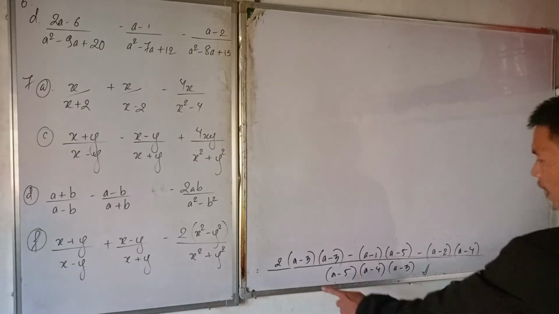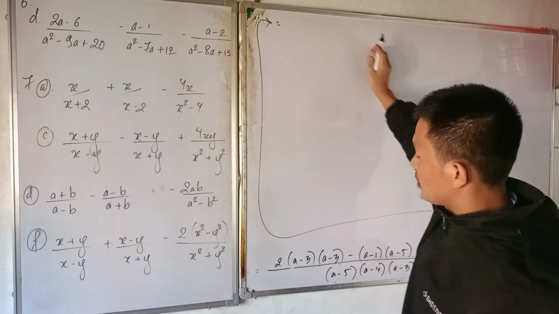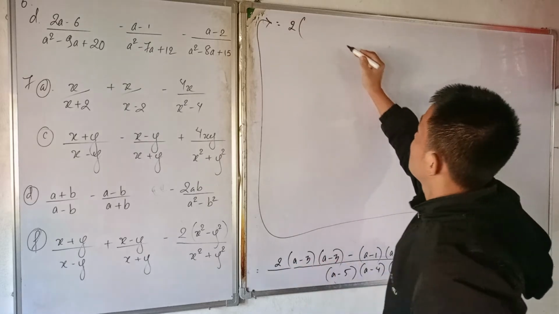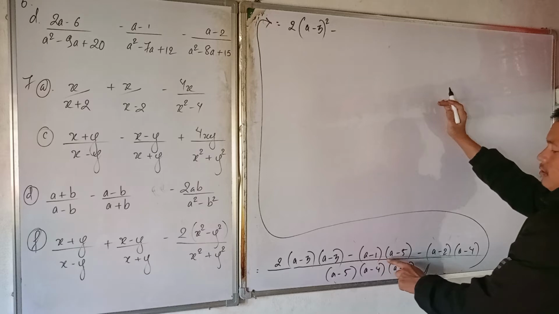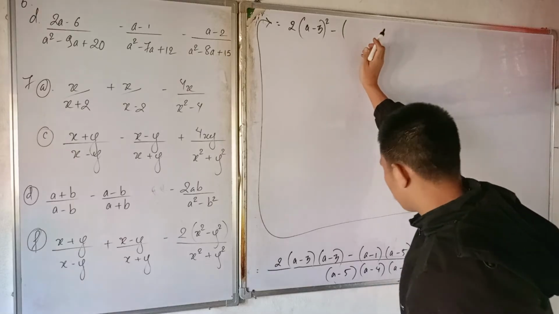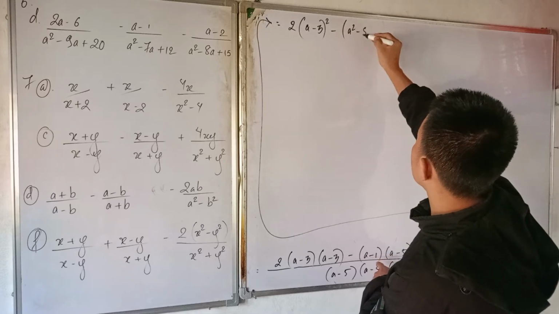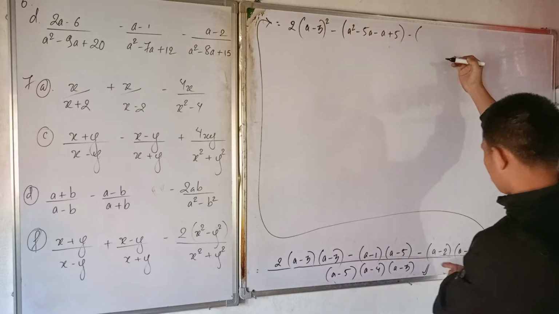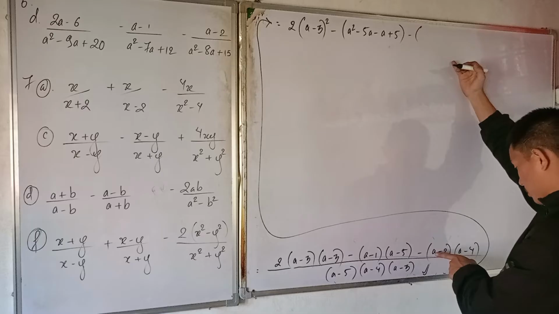So after this step, this will be our step. Now you just write 2 here. So a minus 3, a minus 3 can be written as a minus 3 whole square. So you just multiply this. And because of this minus sign, you enclose within this round bracket, a into a square. Let's multiply this, a into a square minus 5a minus a plus 5. Similarly, in here also there is minus sign. You close within the bracket, so a square